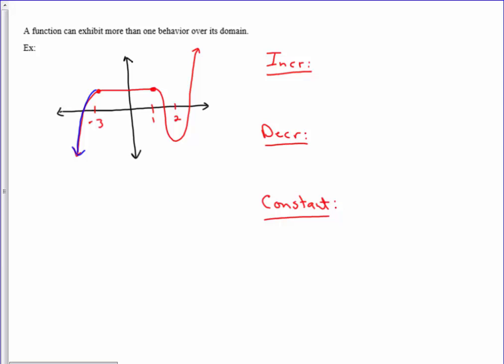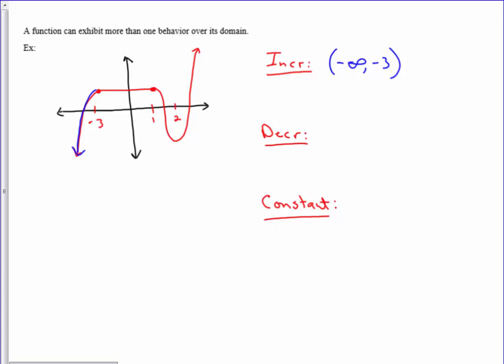In this example, because our graph goes forever to the left, we would want to start that behavior at negative infinity. And then because the increasing behavior stops in that particular location at negative 3, we'd want the X interval to stop at negative 3. So the first interval where we have increasing behavior would be negative infinity to negative 3. You always use parentheses around these endpoints, no matter if your actual point is included on the